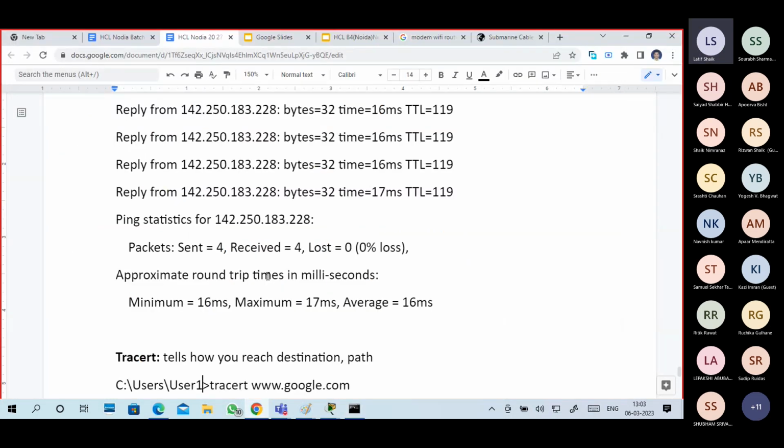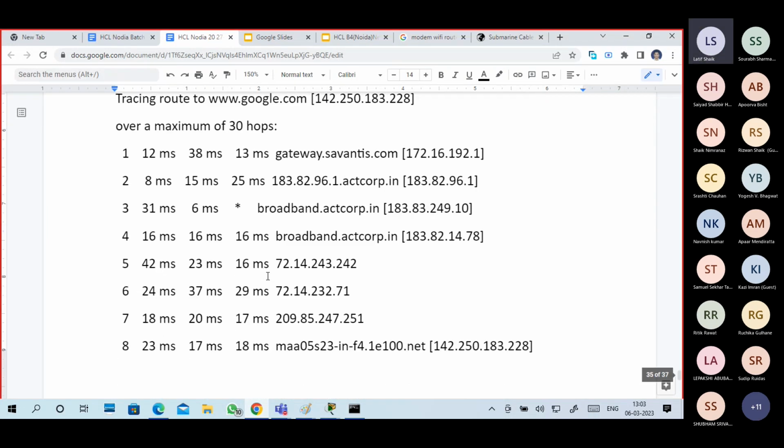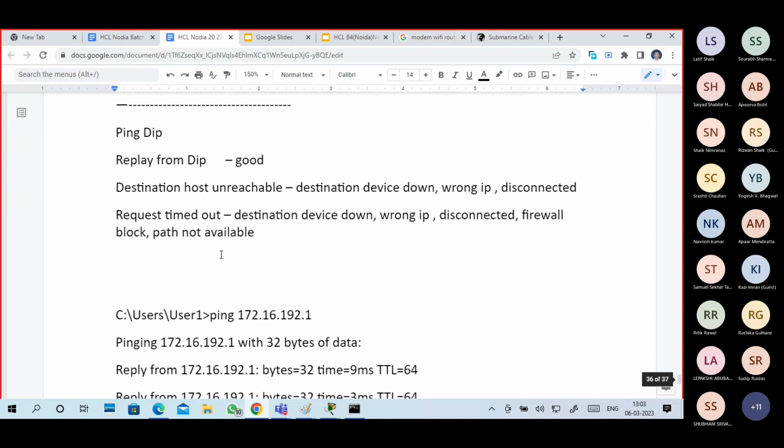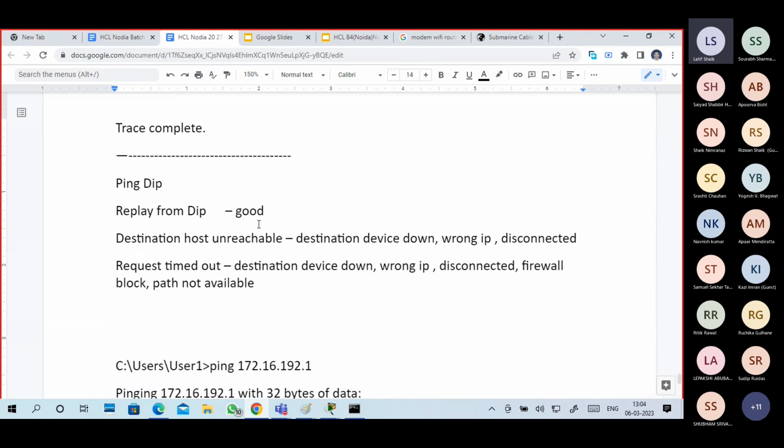Let's understand the difference between ping and Tracert. I think I have given these things. If you ping the destination IP address and you get a reply from the destination IP address, it means connectivity is good. So look here, I'm trying to ping a certain device, getting a reply from the destination means connectivity is good.